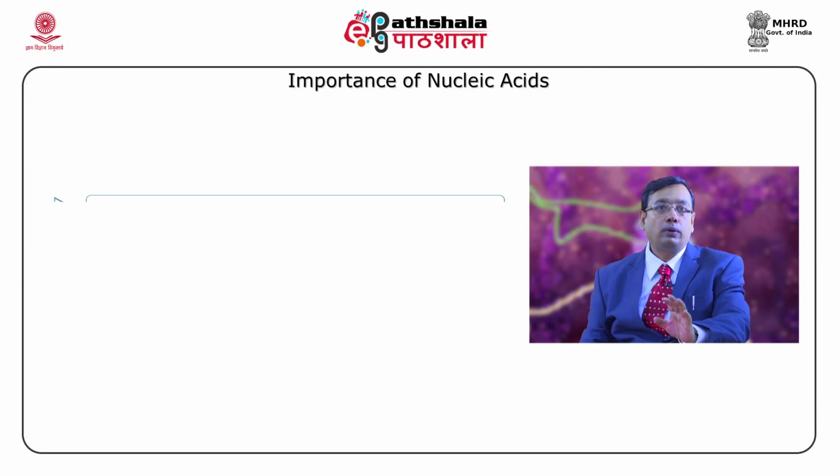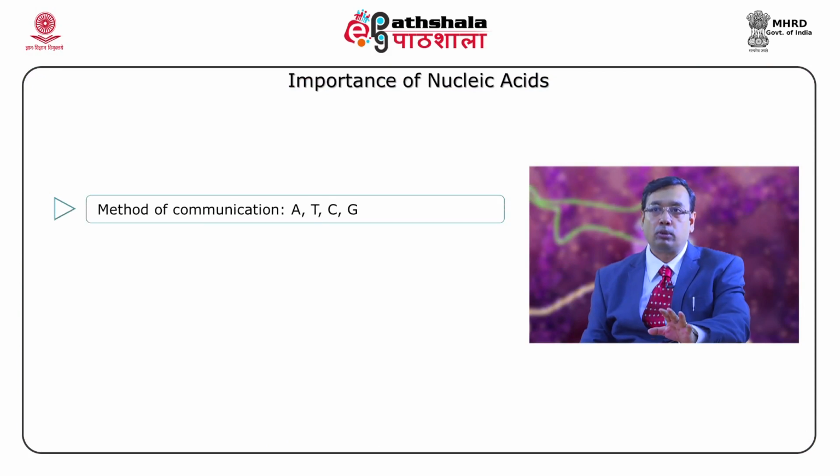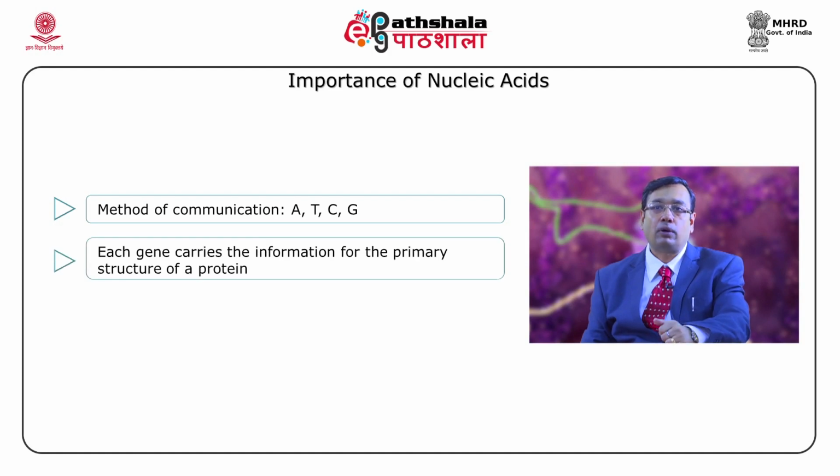So the importance of nucleic acid is as follows. In the DNA or RNA, there are 4 different bases present in the monomeric form, and they act like the alphabet, which communicates the information from one generation to another, or in the expression per se. The specific sequence of hundreds or thousands of nucleotides in each gene carries the information for the primary structure of